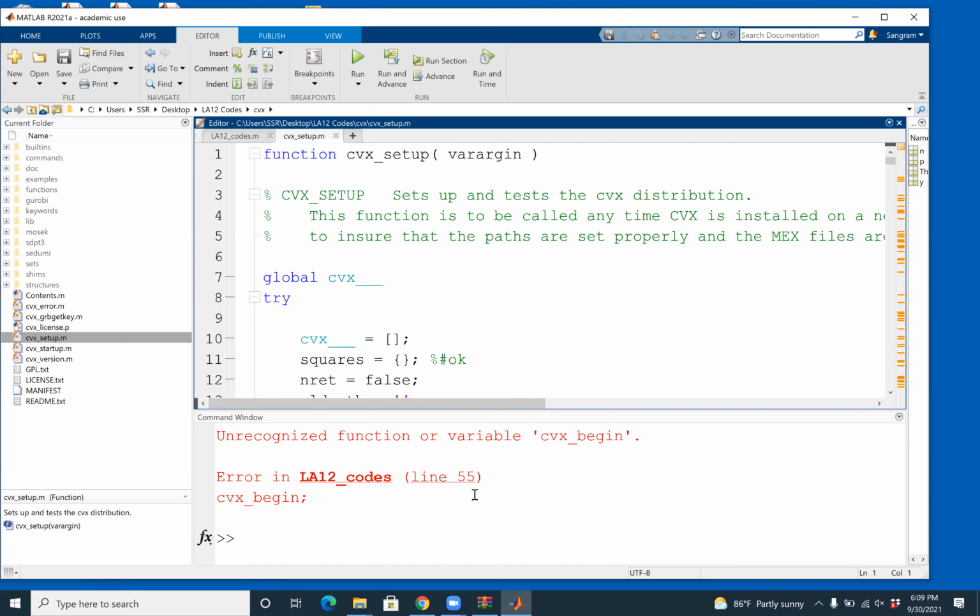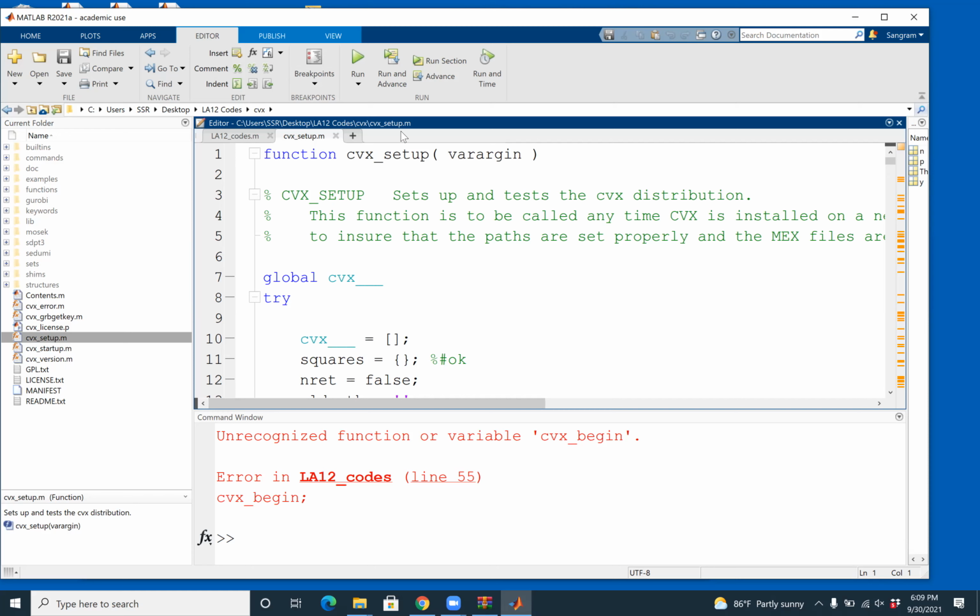That is indicating that the CVX codes are not in the library. So CVX setup, my online students, were you able to open CVX setup? Okay, good.